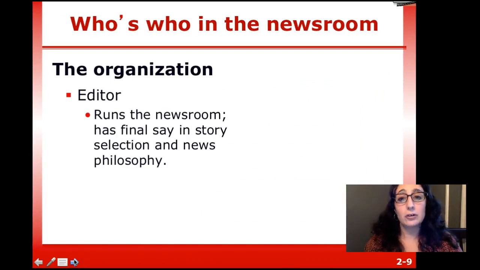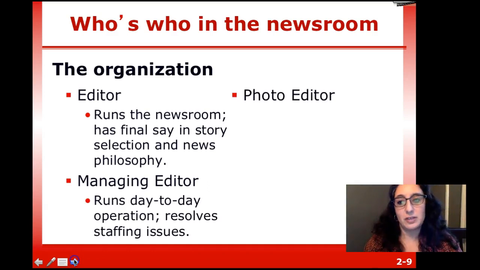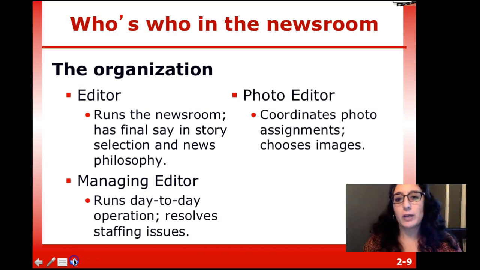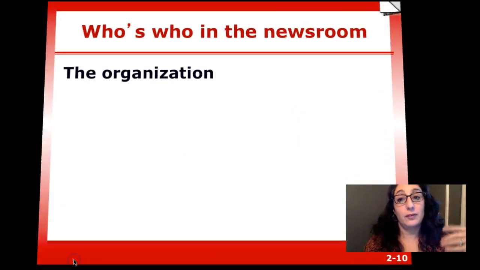You've also got the editor, right, on what we call the editorial side. Editor who runs the newsroom has a final say in the story selection and news philosophy. A managing editor, that person tends to be the day-to-day person. A photo editor who's obviously editing the photos, choosing the images, going through that, managing the photographers, and often the